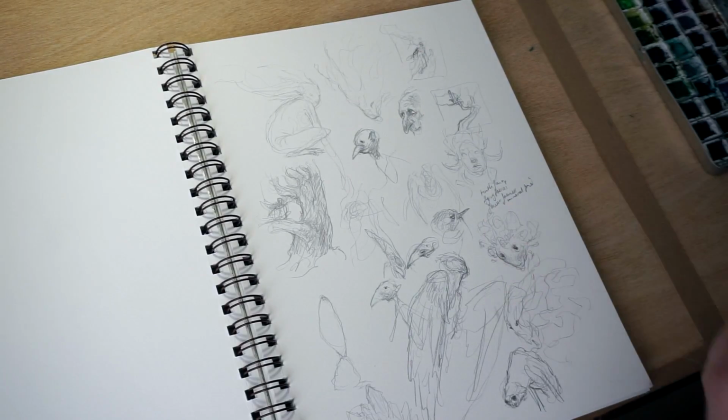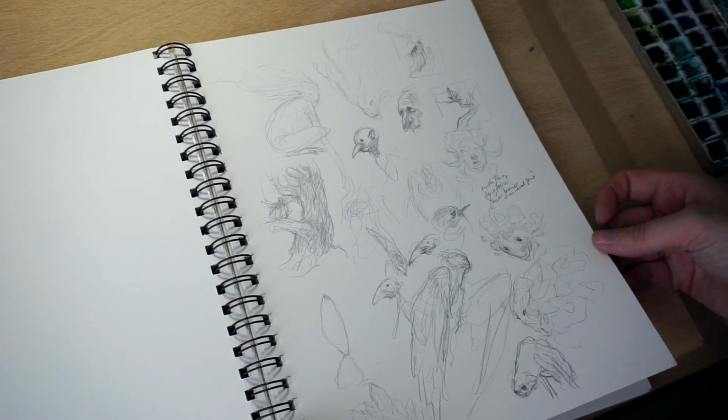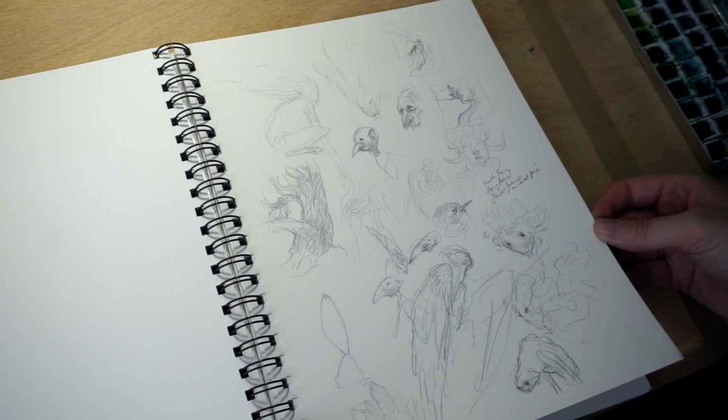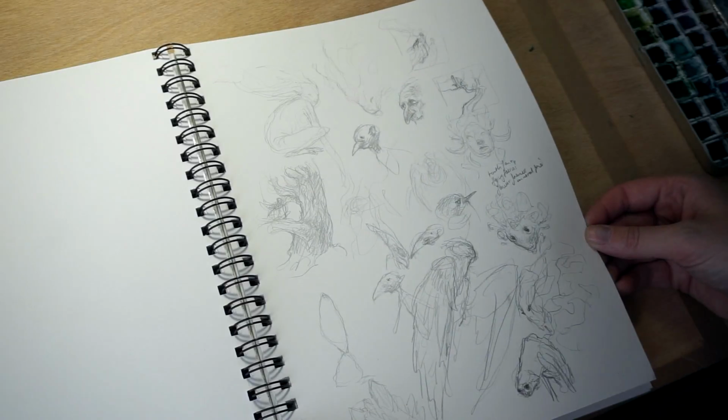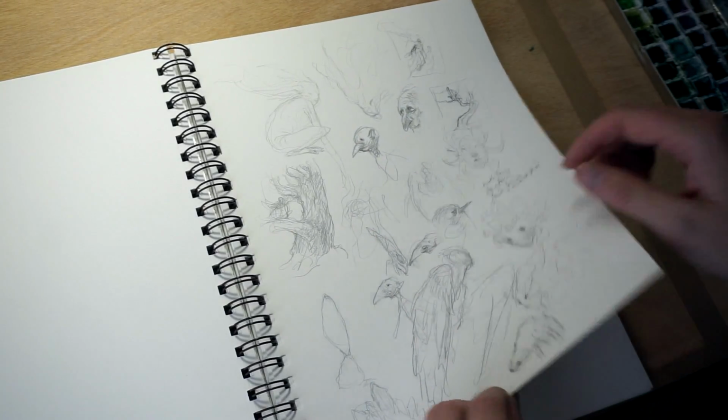I really want to do some more tooth fairies. What does a tooth fairy look like? I've drawn lots of tooth fairies, but the whole concept of a tooth fairy is interesting. I like to sketch these things repeatedly to find interesting shapes and interesting creatures to further their story. I have bird creatures, bird fairies,